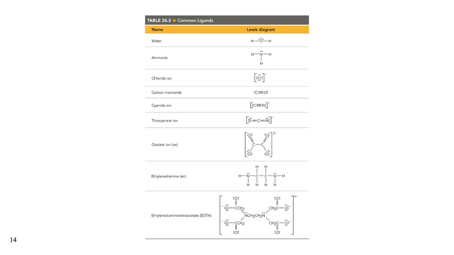So here's a table from your textbook showing some common ligands. There are other ligands, but for the most part, these are the only ones we're going to look at. If we look at the Lewis structures for these guys, we see that all of these have lone pairs, right? Here, the oxygen has 2 lone pairs, nitrogen, chlorine, everybody has lone pairs. So water, ammonia, chloride ion, carbon monoxide, there's another molecule. The cyanide ion, there's a polyatomic ion,